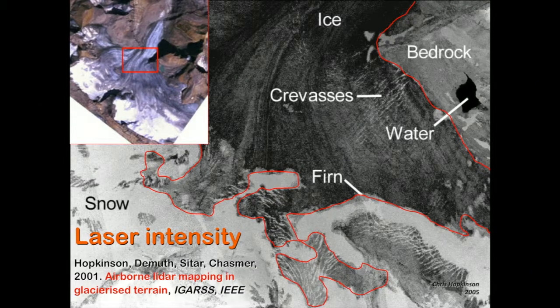A little bit more on intensity. This is a glaciated environment. So the darker areas are ice. It might be dry, but I can tell you that in the darker parts of this ice, it's probably wet, it's actively melting. So again, we've got signal loss because of the presence of water on that ice. The bright areas are dry snow, and then the intermediate areas are firn or multi-year snow that has got a